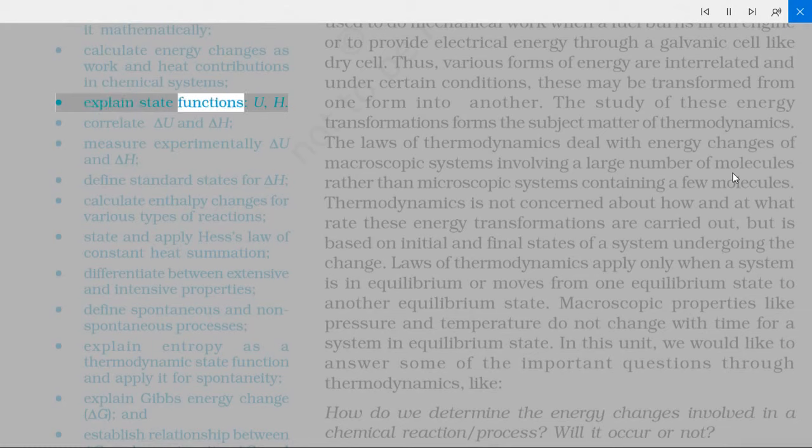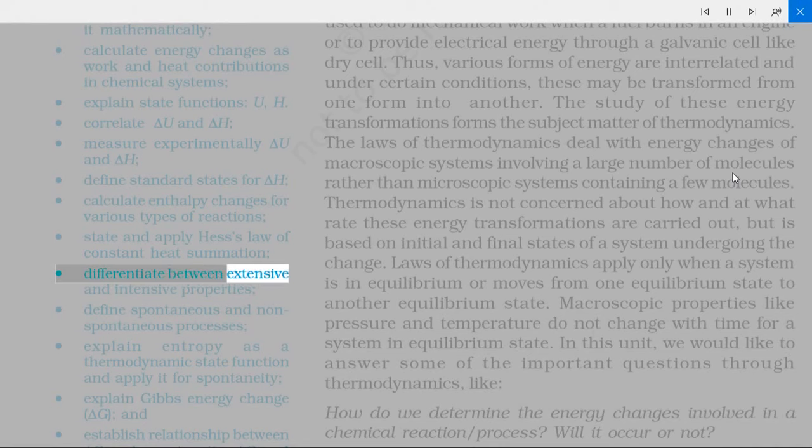Explain state functions, U, H; correlate U and H; measure experimentally U and H; define standard states for H; calculate enthalpy changes for various types of reactions; state and apply Hess's law of constant heat summation;